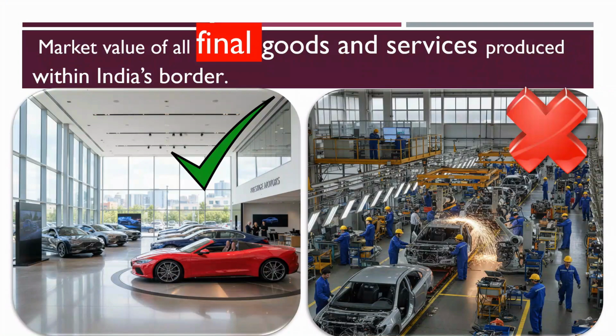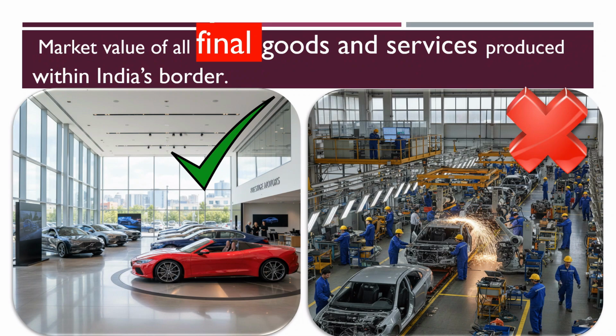Next you see final goods and services. Now what is final goods? As you can see in this image, on the left side is the final good. That is, the cars are finished manufacturing. And on the right side, cars are being manufactured. So in GDP calculation, the price of the finished goods are counted. I repeat again, in GDP calculation, the market price of the final goods,